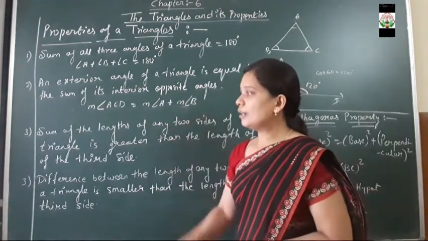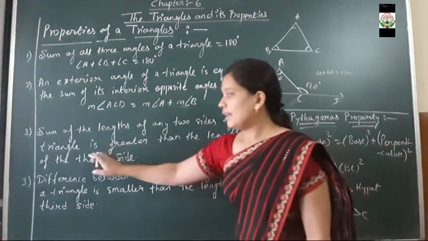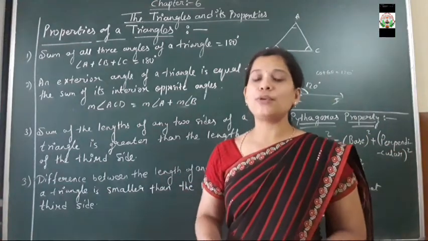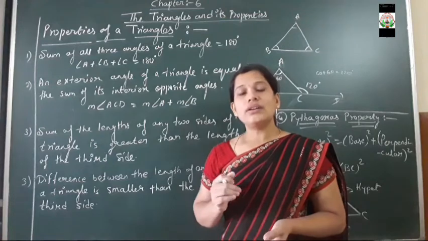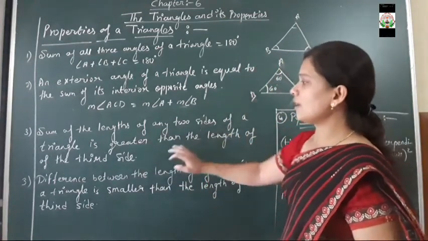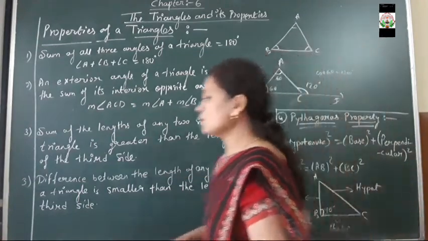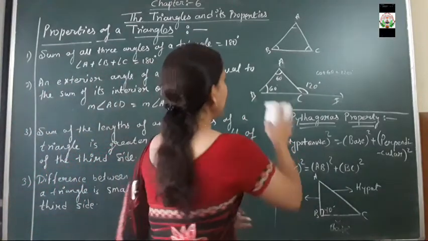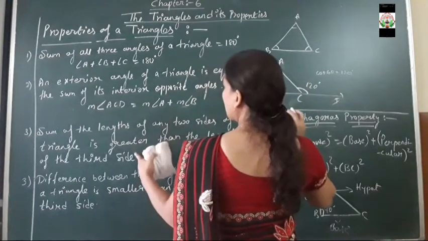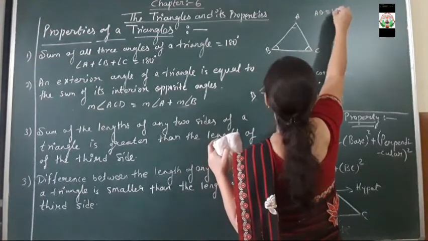Understood? Next, the third property we have is that the sum of the lengths of any two sides of a triangle is greater than the length of the third side. This is also an important property. The sum of the lengths of any two sides of a triangle is always greater than the third side. Suppose I have a triangle named ABC. According to this property, if AB is equal to 4 cm, then